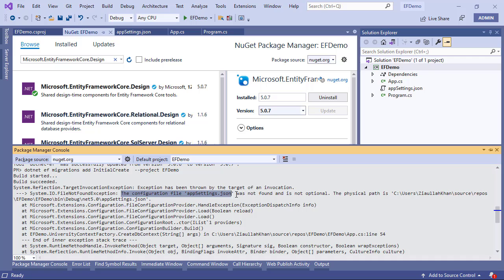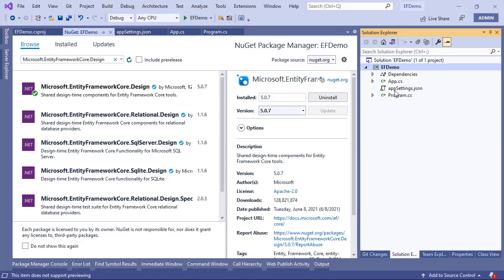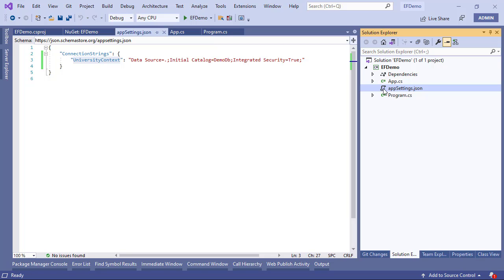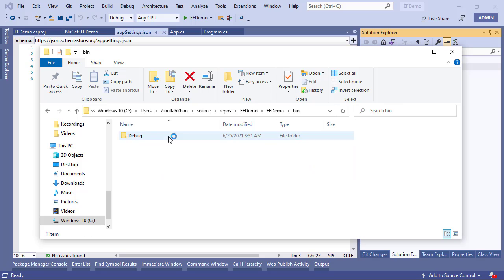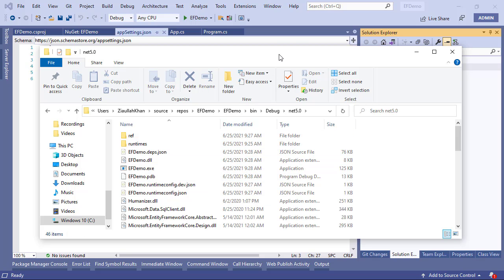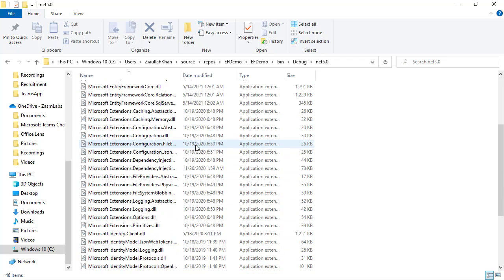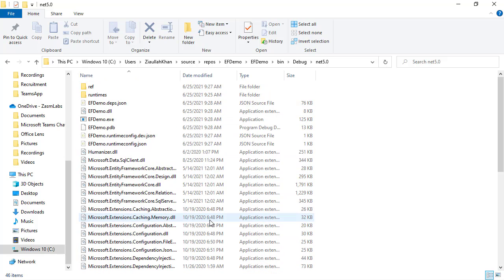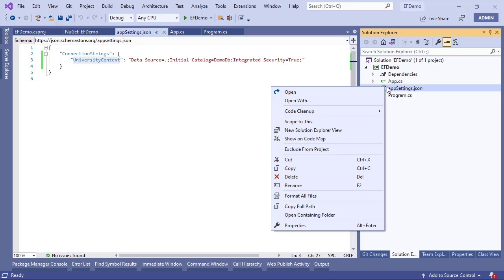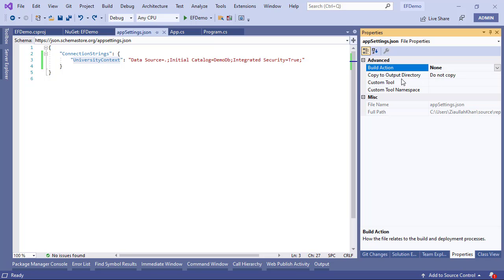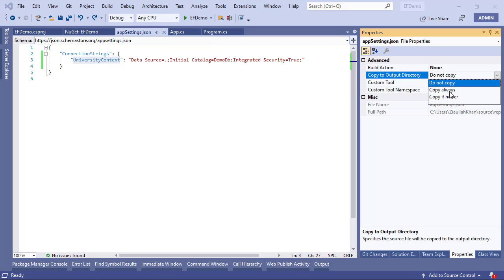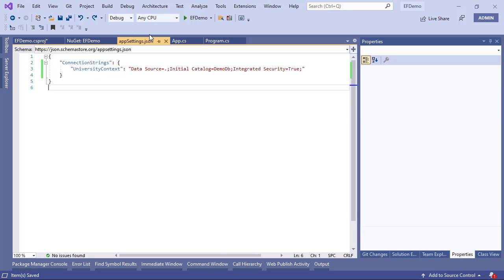File not found exception, appsettings.json. This was not planned, but when you add files to a solution like this, they only become part of your solution. What that error message is saying is, if you go to the output folder, bin, Debug, framework, this is where it tries to run the application from, and the appsettings.json file is not present over here. To fix that, all you have to do is go to Properties, and it says Do not copy to the output directory. We are going to pick one of these two options, Copy always or Copy if newer. Copy if newer is just fine. It's going to compare two files, and because we just saved it,